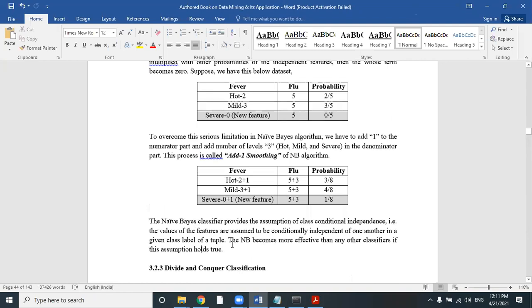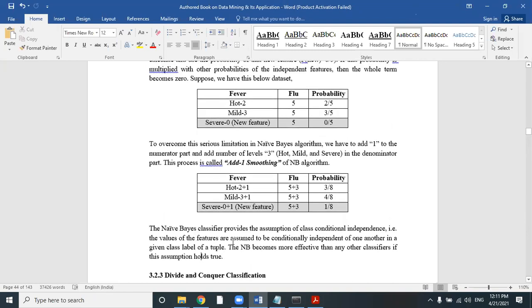Clear? Did you understand? Is it clear to you? Yes, sir. You will not find this advanced smoothing in any book. On the internet you will find it, but not in a book, because this is actually a problem that researchers faced during research, and that is why other researchers developed this solution, advanced smoothing. When naive Bayes was developed, no such problem had been identified by the developer. It was identified later, and a new technique was devised, that is advanced smoothing.